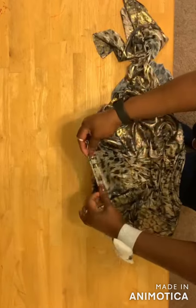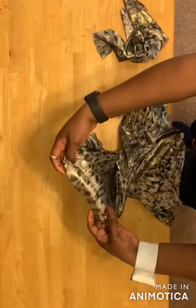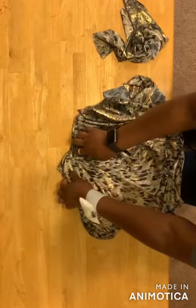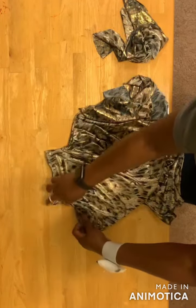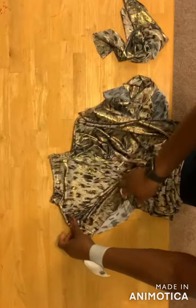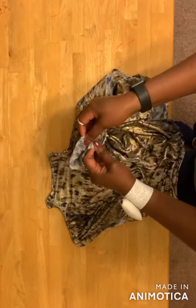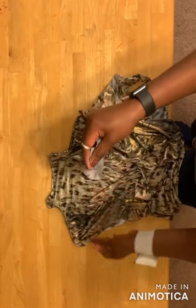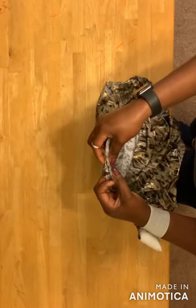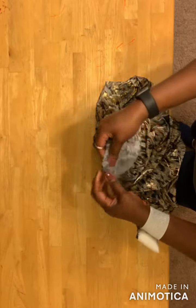So I went ahead to stitch the front piece, and I fixed the back collar, and then I made my pleats on the shoulders before joining the shoulder together like this. I made pleats on both sides, and then the next thing is to join your sleeve to the dress. So you take the middle point of your sleeve, you pin it to the shoulder, to the middle part of the shoulder too. You pin it around,